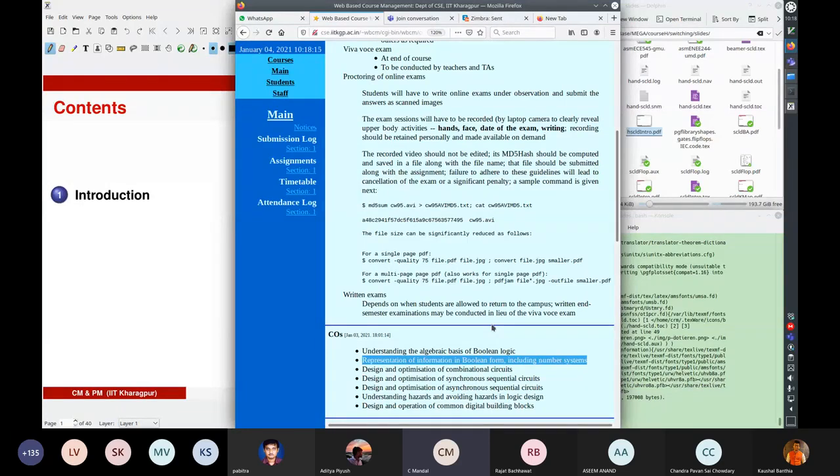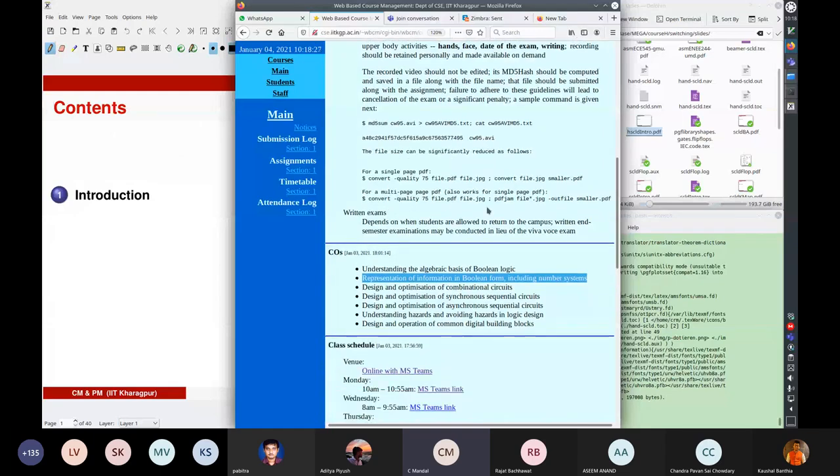Sometimes the size of the recording may be a bit large. The other aspect is that whatever you write, we expect you to answer on paper. So you should, of course, keep those answers safely, but you are expected to send those answers. If you have a scanner, you can scan the image, or if you don't have a scanner, you can take a picture on your mobile. You should take a high quality picture,